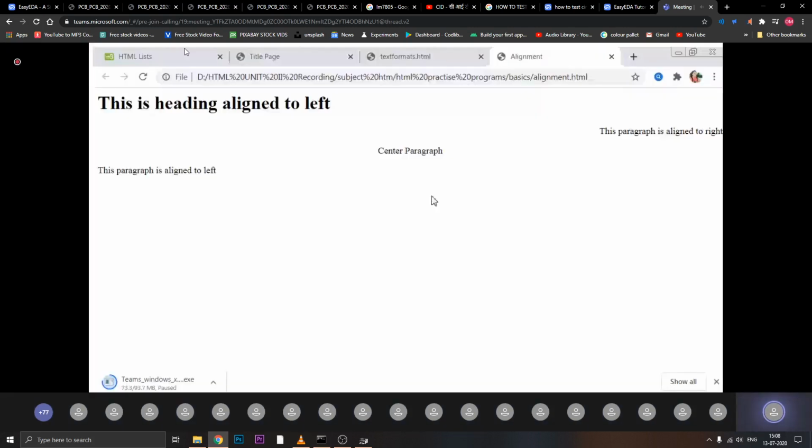Here we have aligned the heading to the left, then we have added one more paragraph and aligned it to the right side of the web page. Then we have added one more paragraph using the center tag for the center, and then we have used the paragraph for making the alignment to the left.